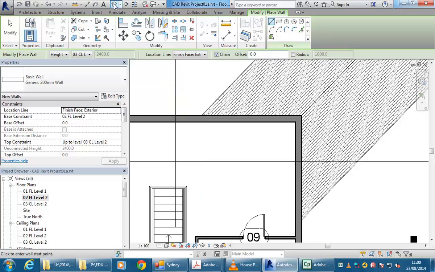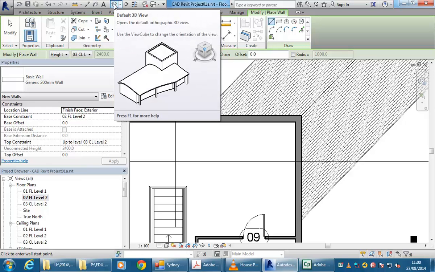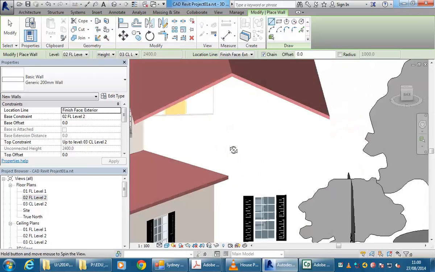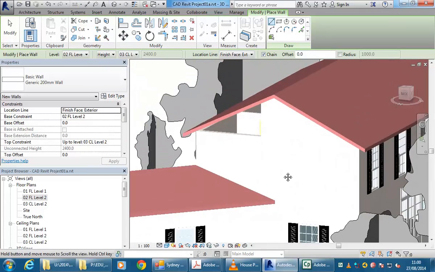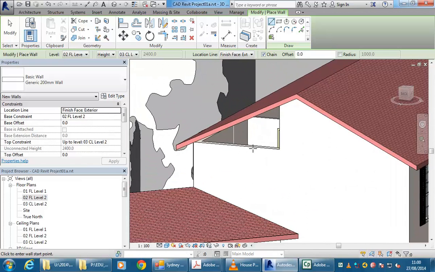And so I'm going to go to the 3D view again. And you'll see then that the wall is not attached like the other wall. So I've got the part there missing below the roof. So I'm going to press Escape